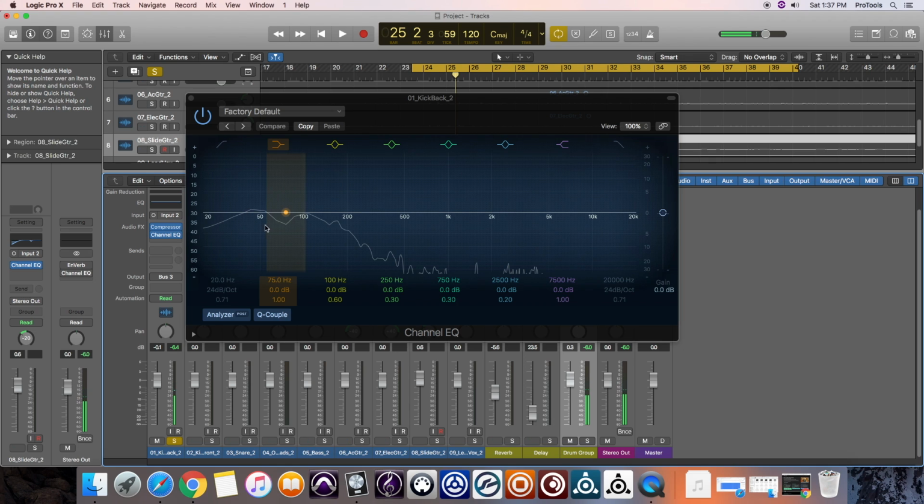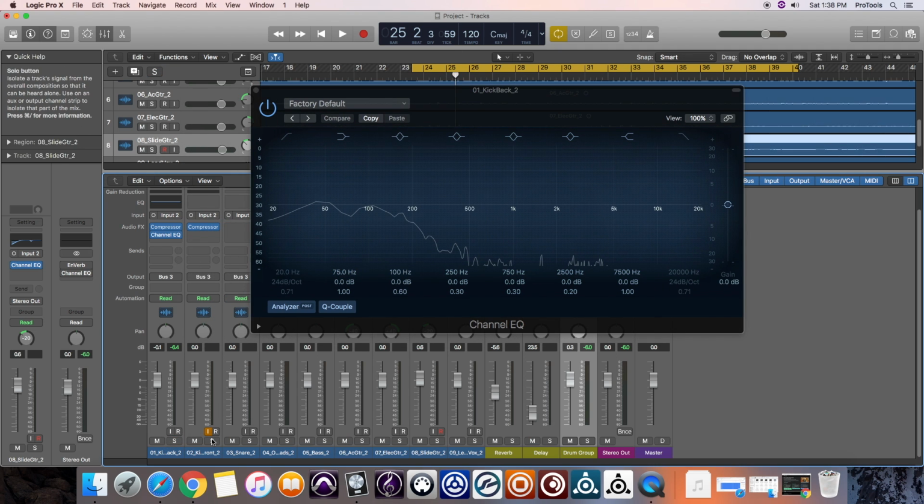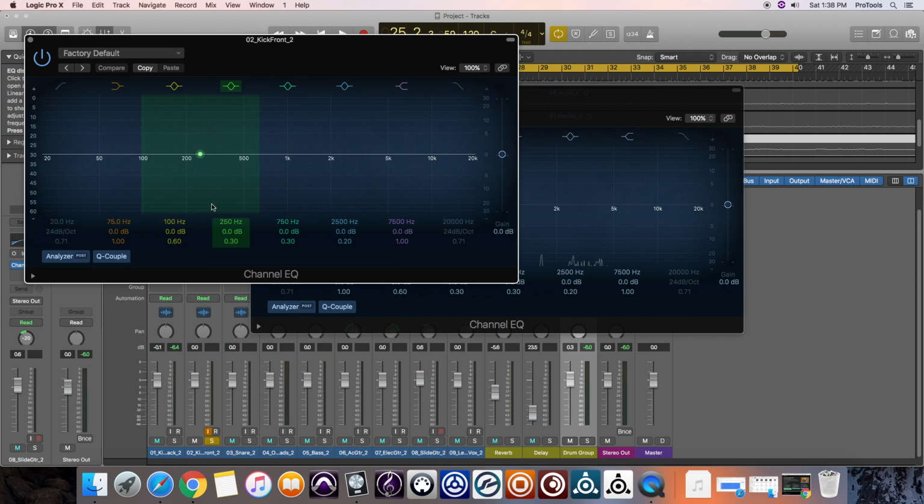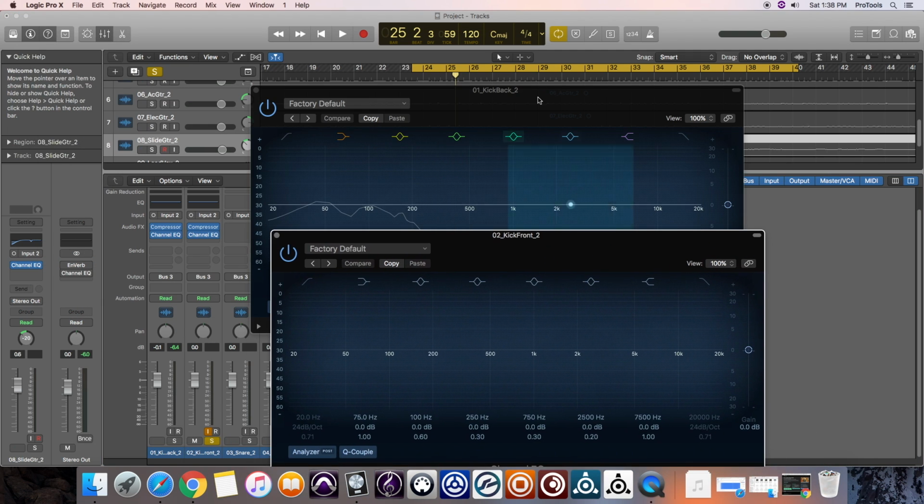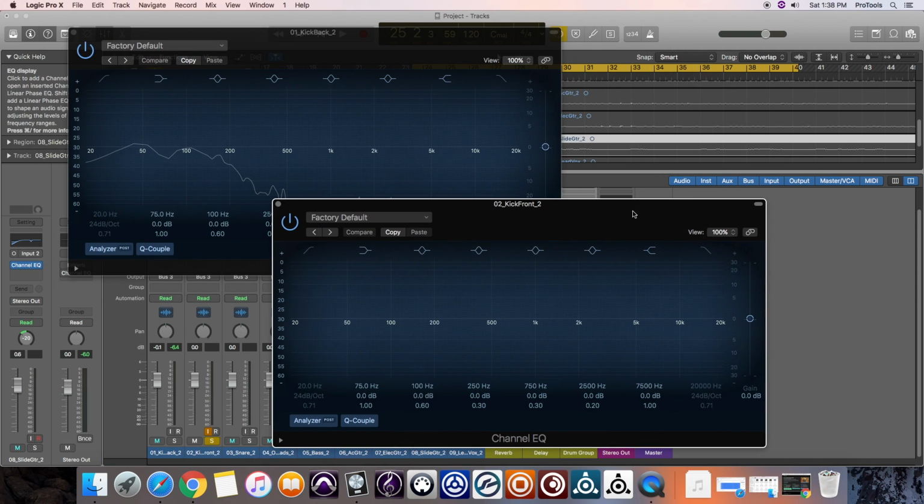So we've got it clearly peaking around the 50 Hertz mark. This is typical for a bass drum, and that's good, but we've got quite a wide band here, which means that it's not a clearly defined kick drum. If I have a look at this one in comparison, actually, I need to put the EQ on there so we can look at it. If we look at this one in comparison,